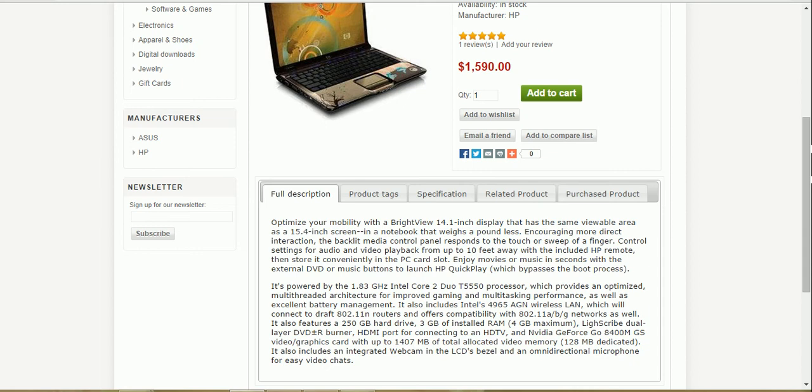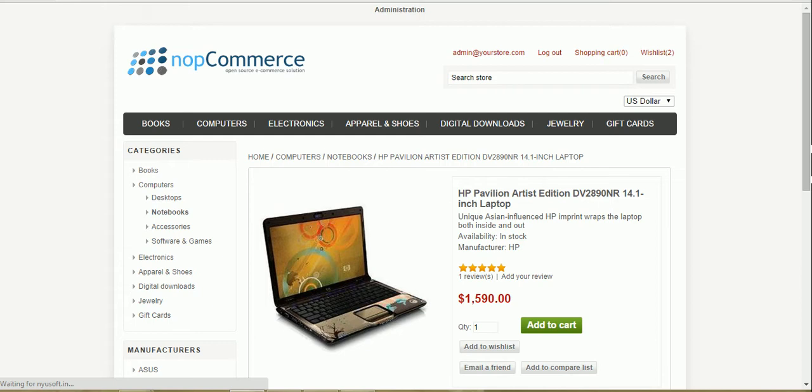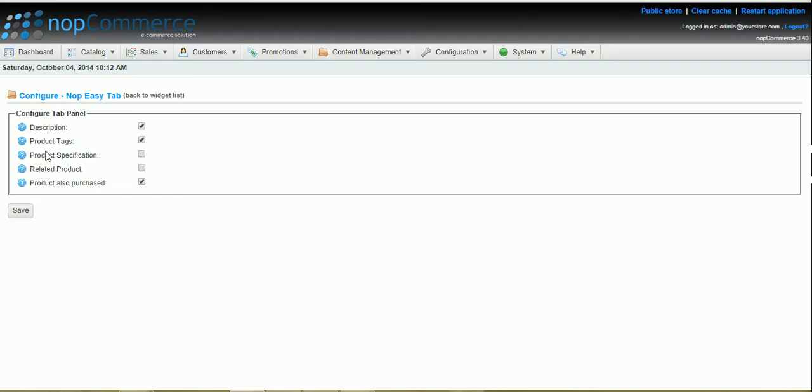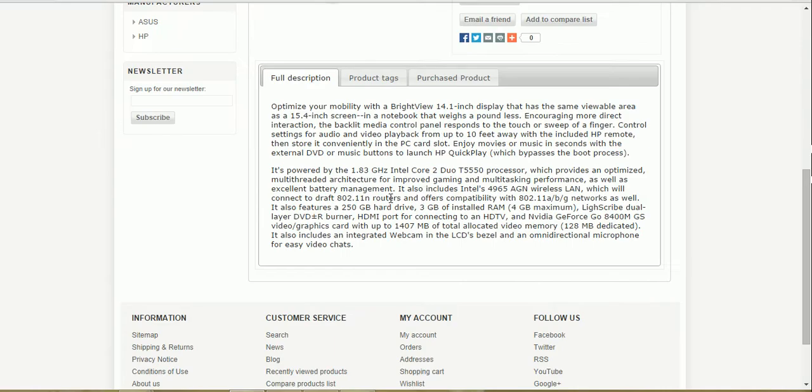So go to the detail page and press Ctrl F5 to reload the page. So you can see that full description, product tags and purchase products are only there. There are no product specification and related product tabs.